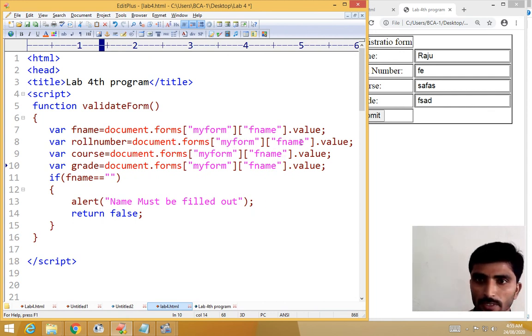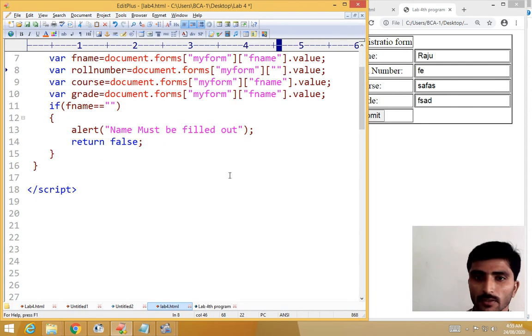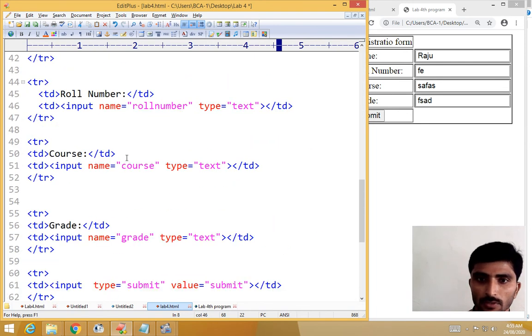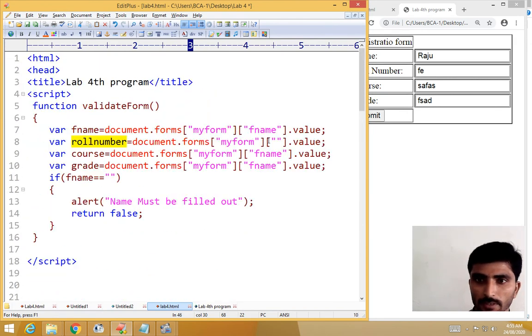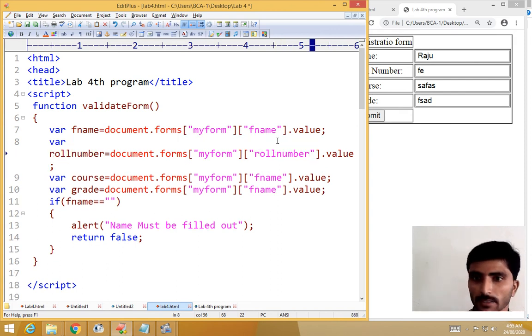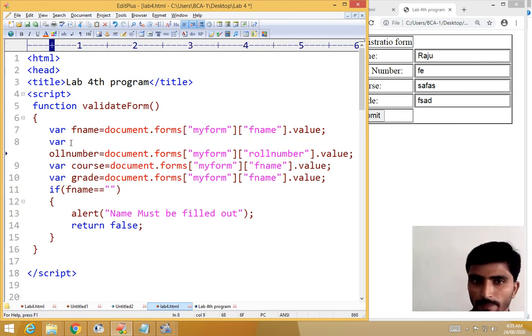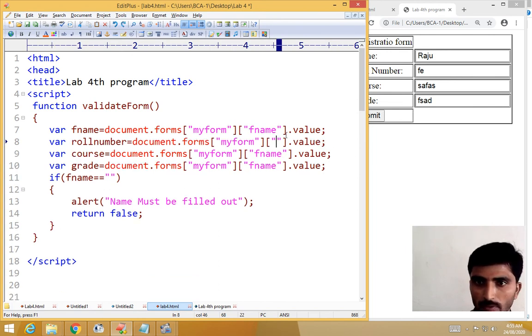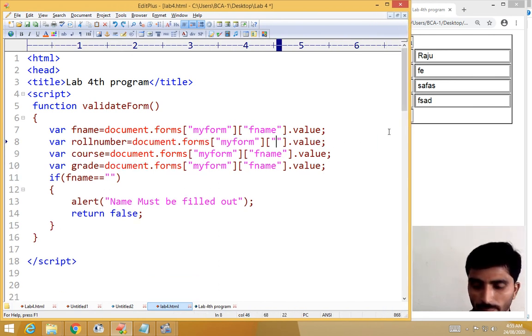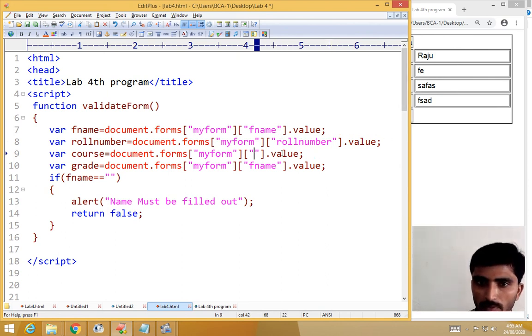Sometimes it will give an error because you entered it wrong, so just copy the roll number from the name attribute and paste it. Here you have to give course and grade. Now it is right.